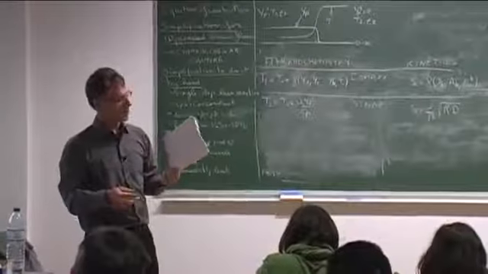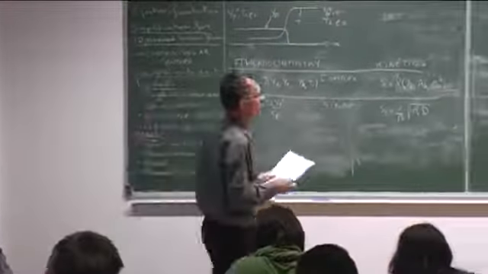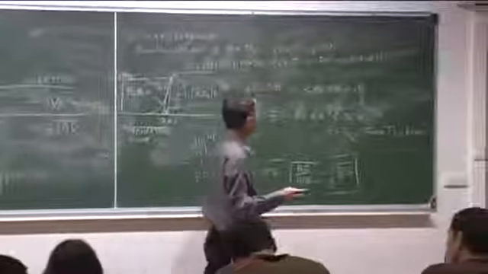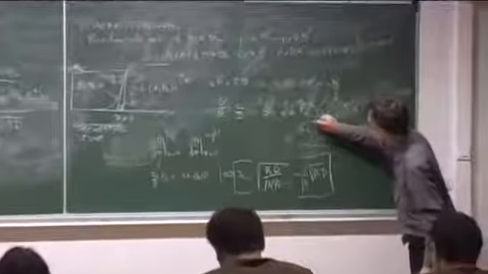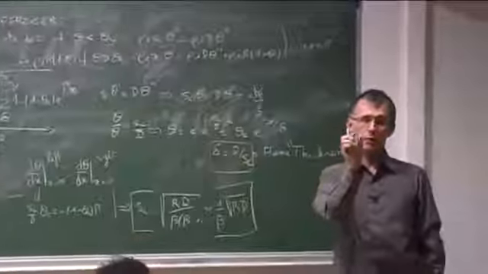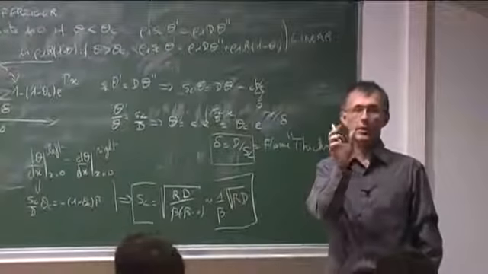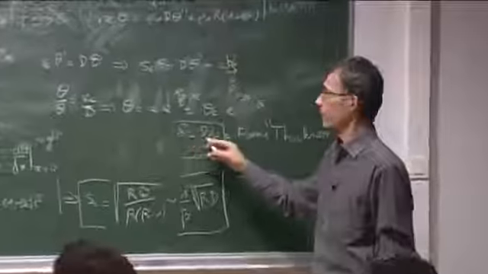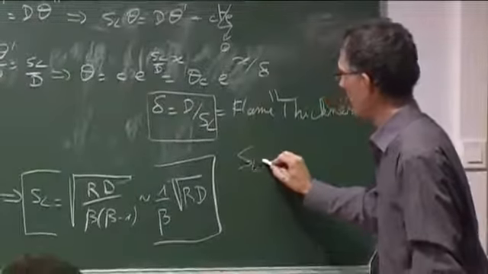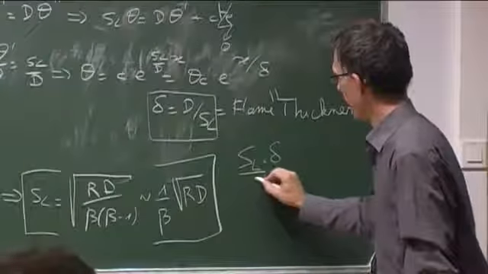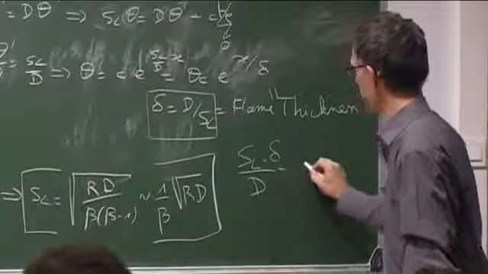Before I finish that, I want to point out also a very simple and important property that we've seen here, the flame thickness. The flame thickness here is exactly what you believe it is. It is the thickness of the front over which you get reaction rates going on. There's a simple way to remember this number. You can write it like this: SL multiplied by delta divided by the diffusion coefficient equal to unity.